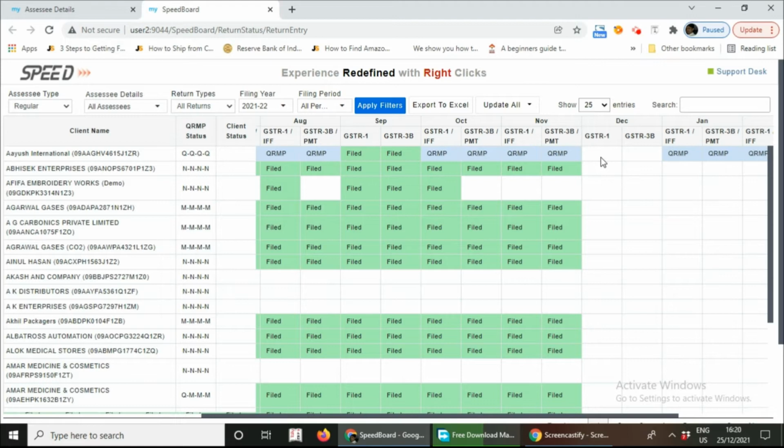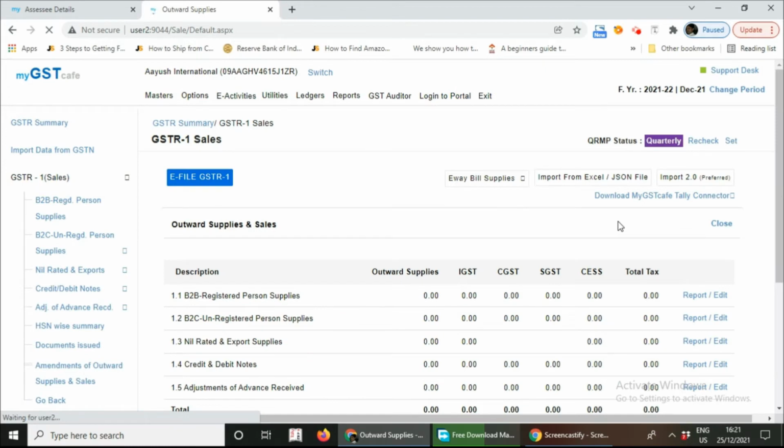Now let's take an example of a client wherein the cell appearing against the GSTR1 of December month is marked as white. Now, if you want to prepare the GSTR1, you can directly right click this particular cell and you will get multiple options to go to the desired landing page. Suppose you want to prepare the GSTR1, you just right click on that particular cell, and when you click on Prepare GSTR1, you will directly land on the GSTR1 page of this particular client. Thereby, it avoids a lot of clicks that are usually required to land on this page. So overall, the whole process is quite faster with the help of Speed Dashboard.